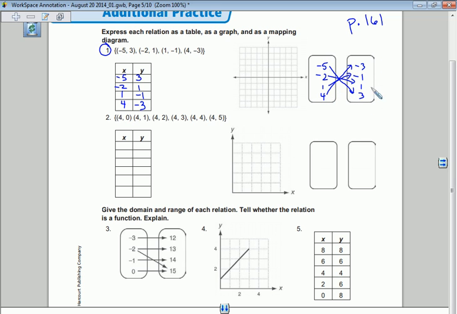Now, if I had repeating elements of my range, I only need to list them once. This one didn't. But if I did have repeating elements in my range, I'd only have to list them once. We'll look at one of those in just a moment. If I look at the graph, I've got the point here, the point here, the point here, and the point here. And that does lead us to talk about